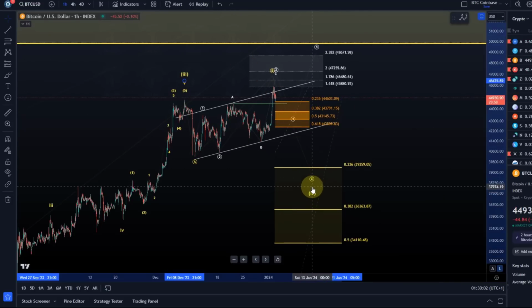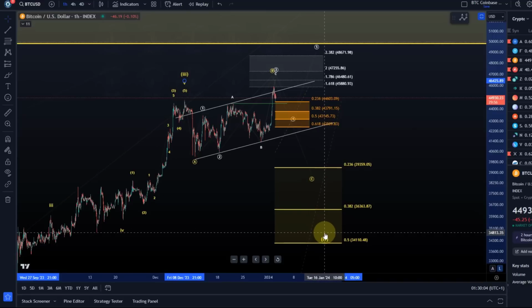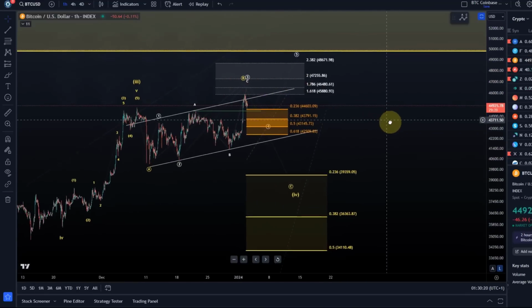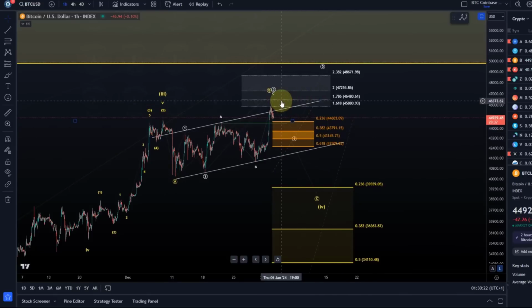However, I would argue that I wouldn't even expect the price to come down to 34K. But I would have thought maybe the $39,300 level here, the 23.6 FIB level, is still a realistic target. Again, this can easily be a high B wave, so we just need to be very mindful of that. But let's talk about the two options.